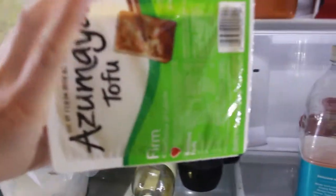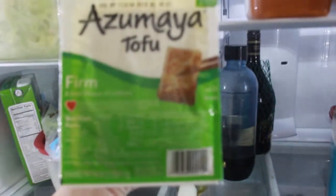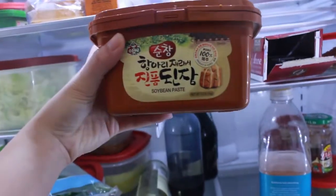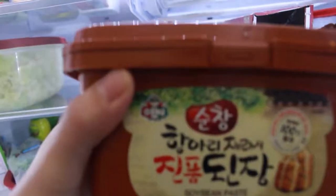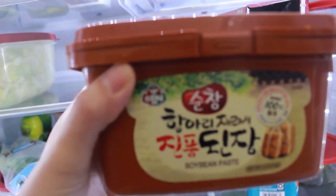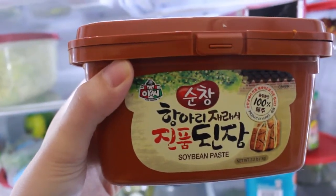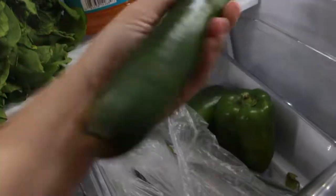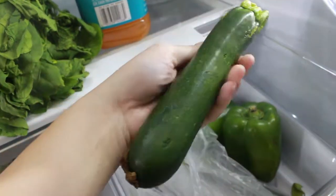Alright, so we're going to need some tofu that I bought from Walmart. Usually you want to get soft tofu, but instead we've got firm. Next you want this soybean paste. I buy this brand. Then we will need green onions. But we will also need a jalapeno and a zucchini. Well, I know I need some potatoes. And lastly,